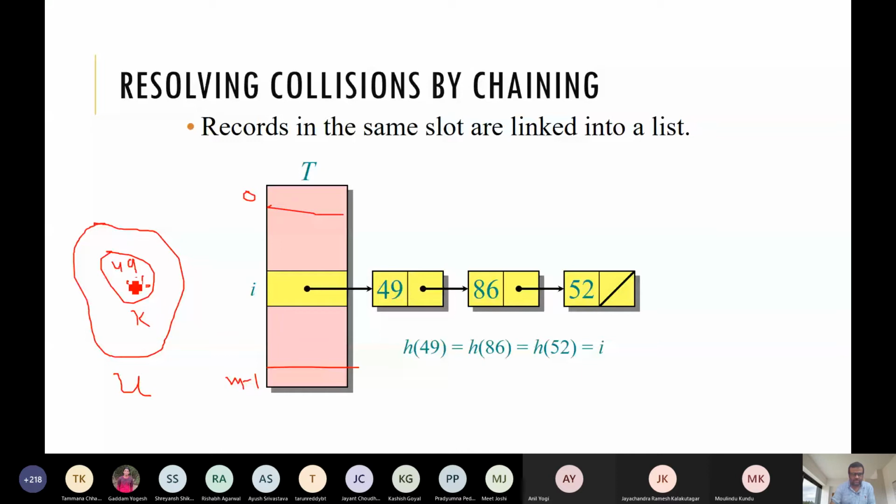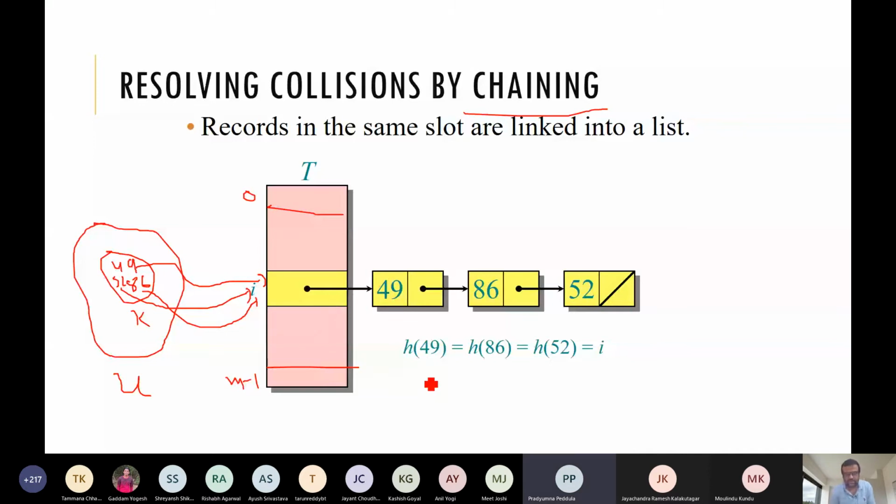If we apply the hash function, all are mapping to some slot. Sir, instead of a linked list, can't we have another hash table? Yeah, that we will discuss. Instead of chaining, for that we need extra memory outside the table.